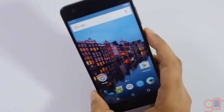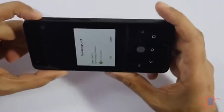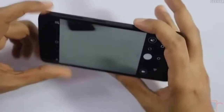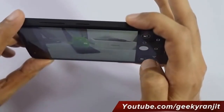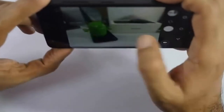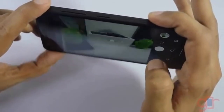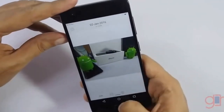Now let's also quickly look at the camera. It's a 13 megapixel rear-facing camera. So let's try to fire up the camera app. This is the camera app that we're getting. We have tap to focus, and the shutter speed is really fast. If you noticed, let me take one more snap. I just took these snaps. I think auto rotation is not enabled. And let's go to the settings,